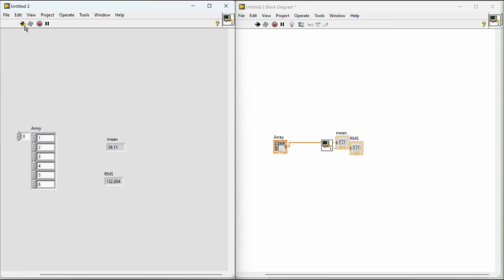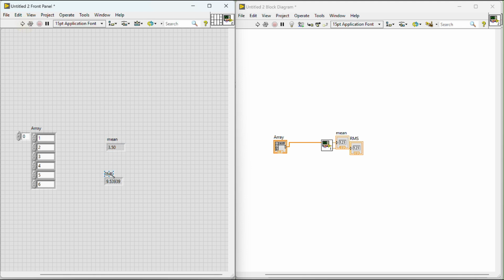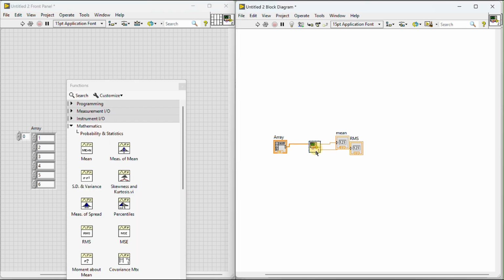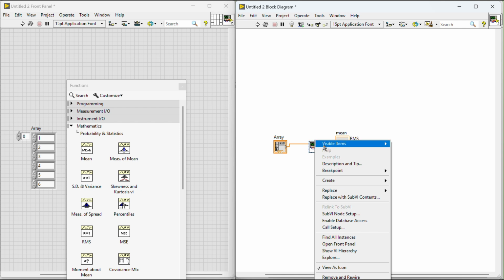And then run. So now we can get the mean and we can get the RMS. So this sub VI serves like a function. Okay, a sub VI in LabVIEW is the same as a function in any other programming language. And this is